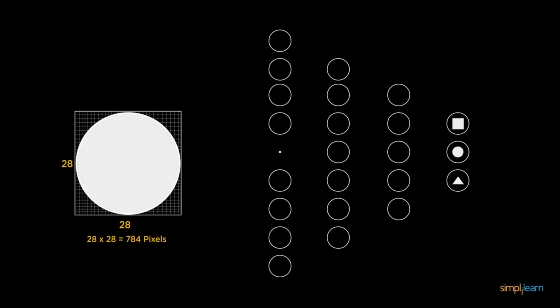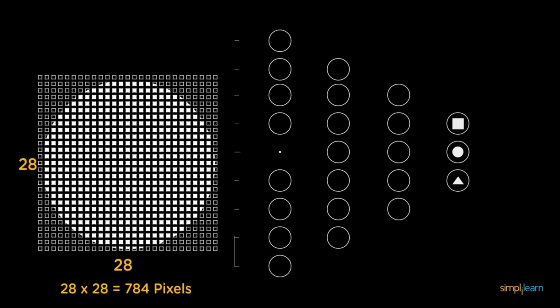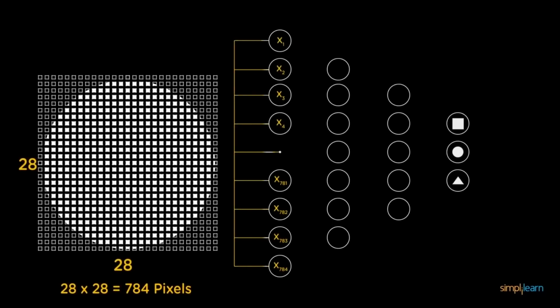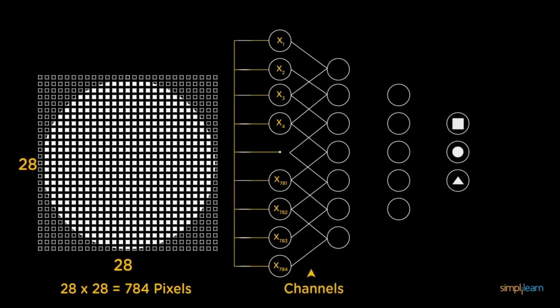Here's an image of a circle. This image is composed of 28 by 28 pixels, which make up for 784 pixels. Each pixel is fed as input to each neuron of the first layer. Neurons of one layer are connected to neurons of the next layer through channels. Each of these channels is assigned a numerical value known as weight. The inputs are multiplied to the corresponding weights, and their sum is sent as input to the neurons in the